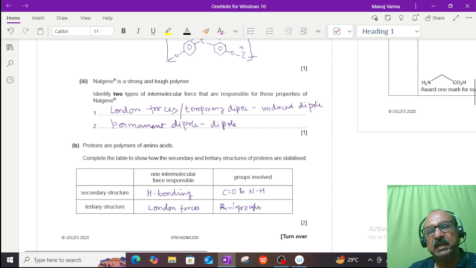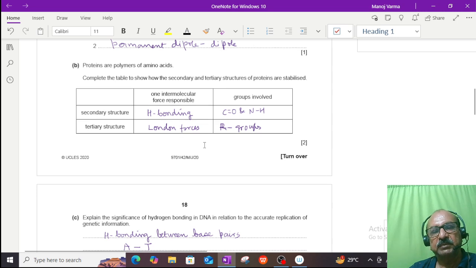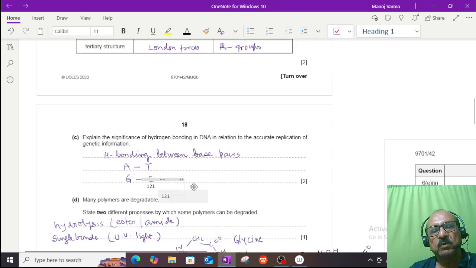And the alkyl groups which are present in the amino acids also form intermolecular forces, and because there are no permanent charges present in the hydrocarbon units, the intermolecular forces will simply be the London forces or the temporary dipole induced dipole types of forces. So these are the forces present in the proteins in their secondary and tertiary structures, which are responsible for stabilizing the protein molecule. Okay, then we go on to this question that explain the significance of hydrogen bonding in DNA